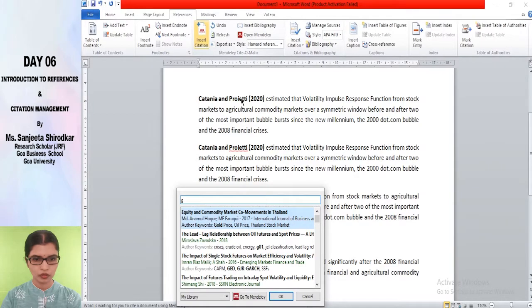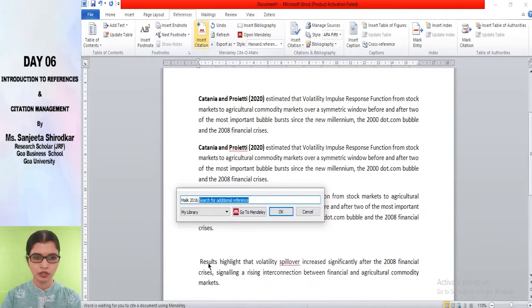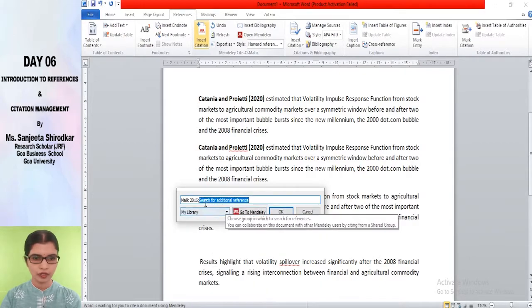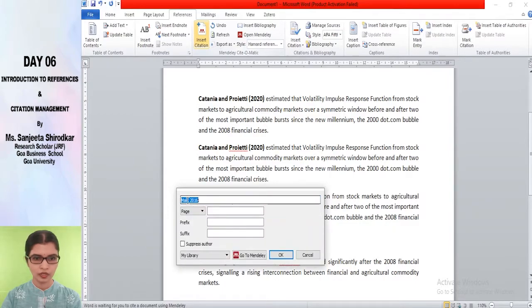Some author you choose, Imran. I'll just choose this one. Just click on that. Click on suppress author so that only the year would come. No, before clicking on suppress author, let it appear the way it is.